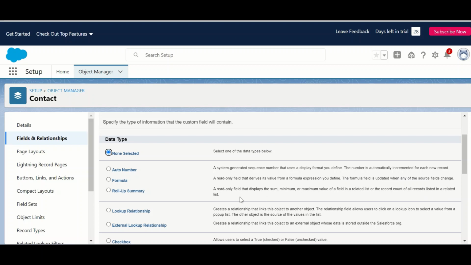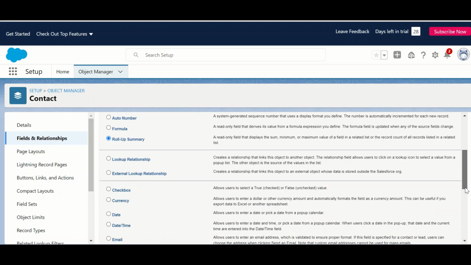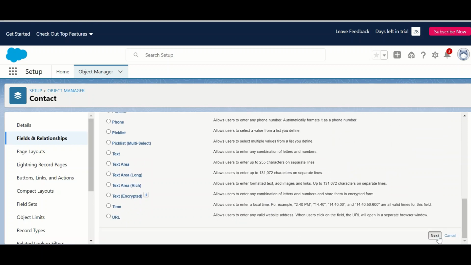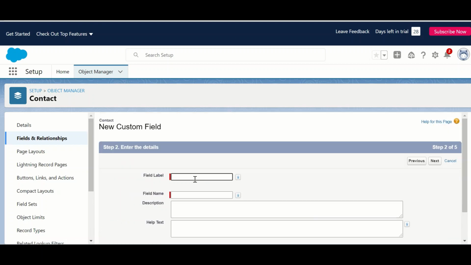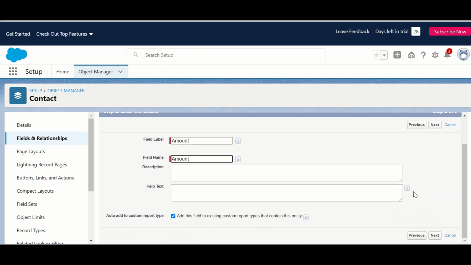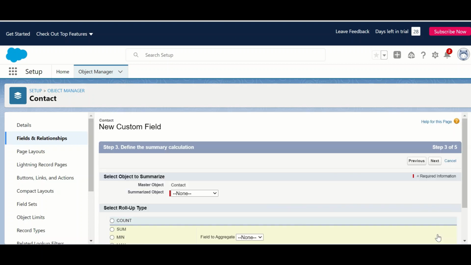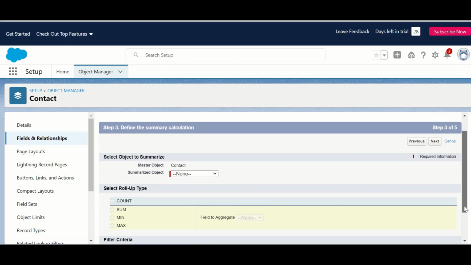So for our requirement, our related list is bank details and we want to show the sum of amount of all records. So field level, amount, so master object is contact and summarized object is bank detail.